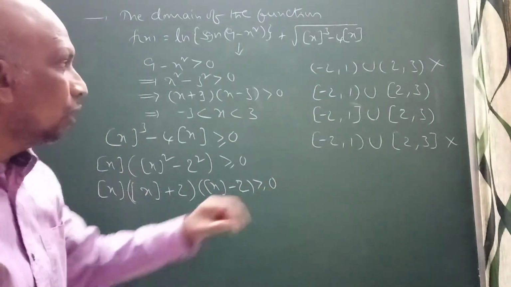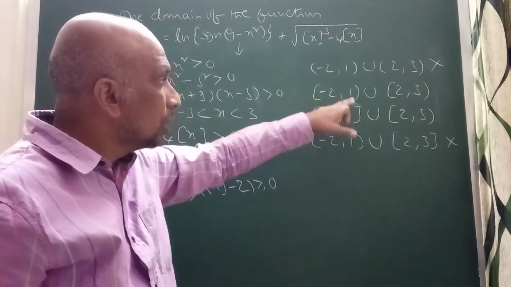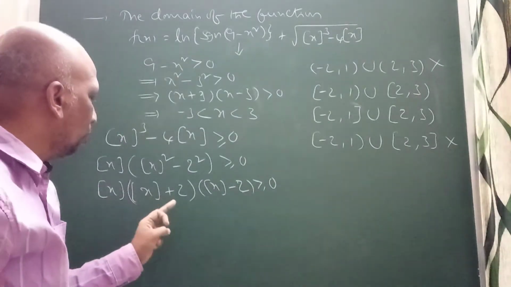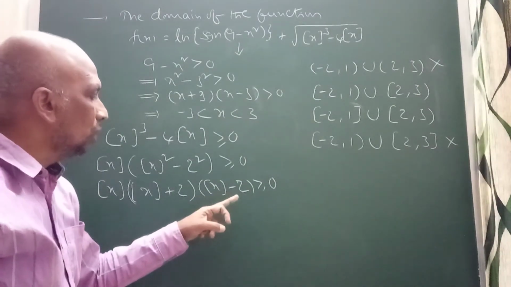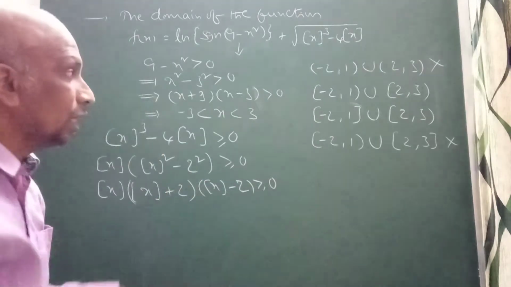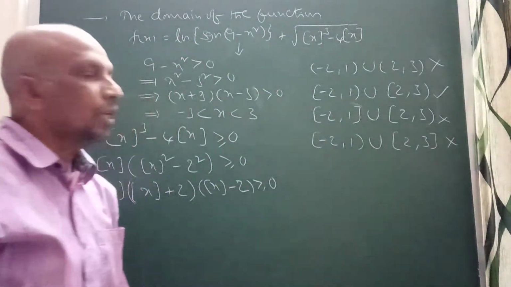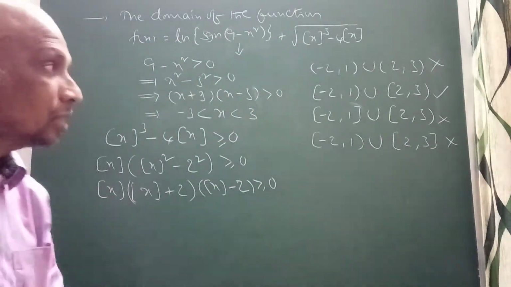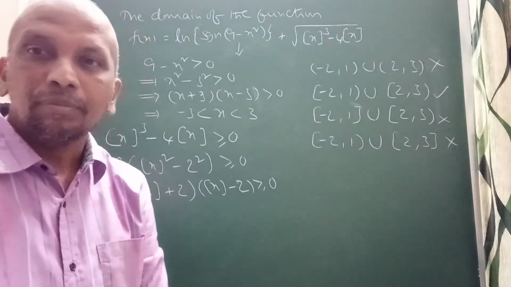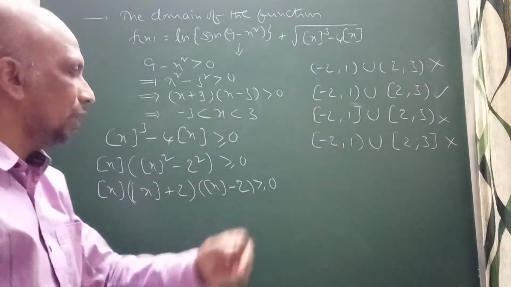Now only comparing here, very simply, one excluding, one including. We will check with 1. If we check with 1 here, 1 plus 2, 3; 1 minus 2, you are getting negative. That means it is not satisfying, so this is not your answer. Your answer is this, correct? Excluding 1. You can decide your answer. We decided our answer. We got it right. That way you can find the answer, that will be easy to find. Look into the values, you can decide.